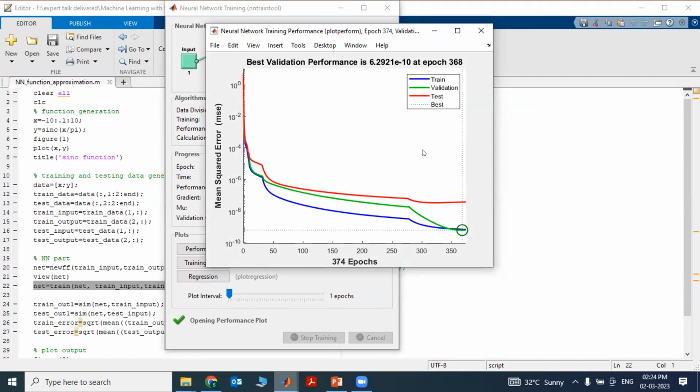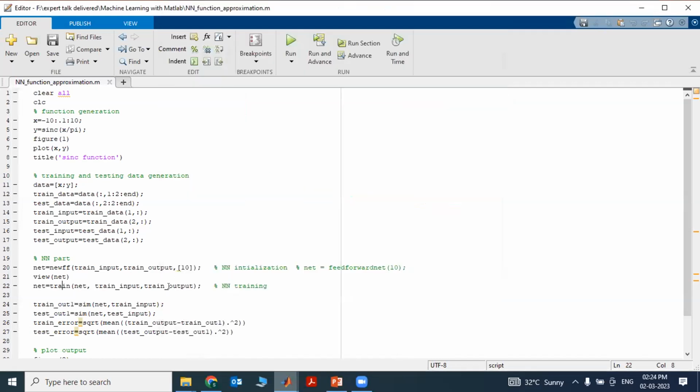The ratio is 70% of the data for training, 15% for validation, and 15% for testing. You can change that ratio by using a different command here. By default, the ratio is 70, 15, 15.